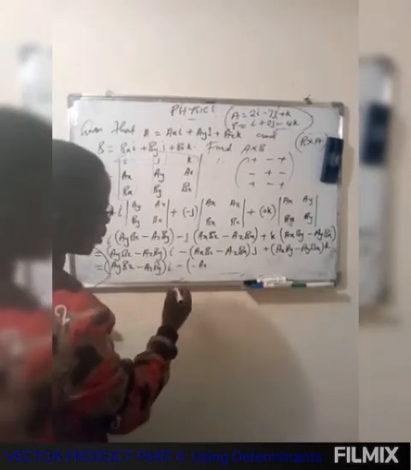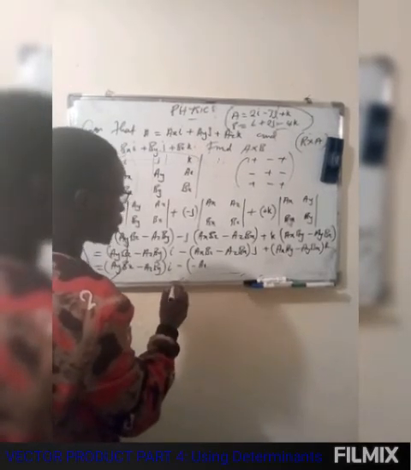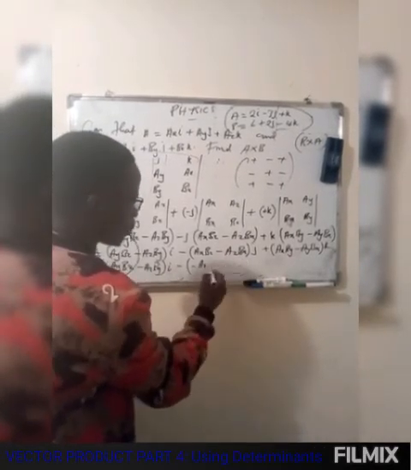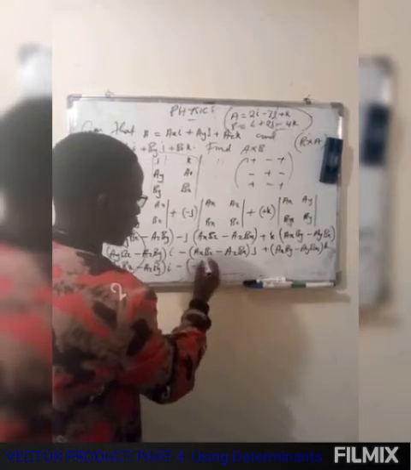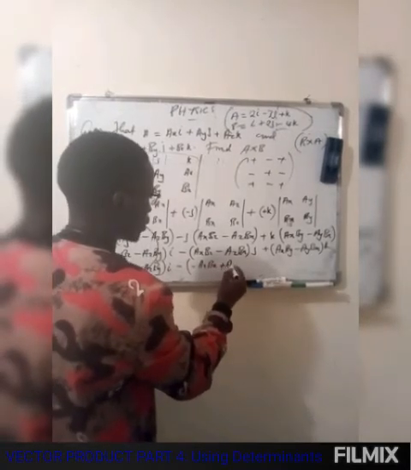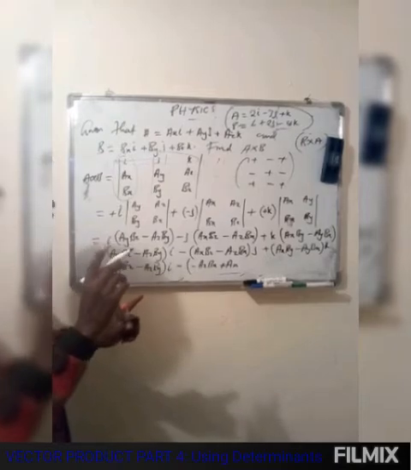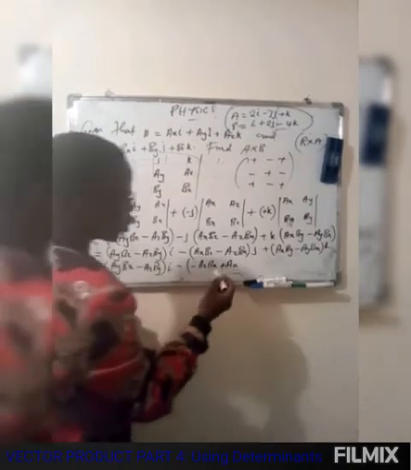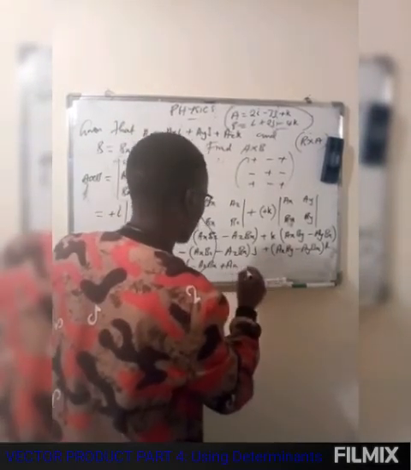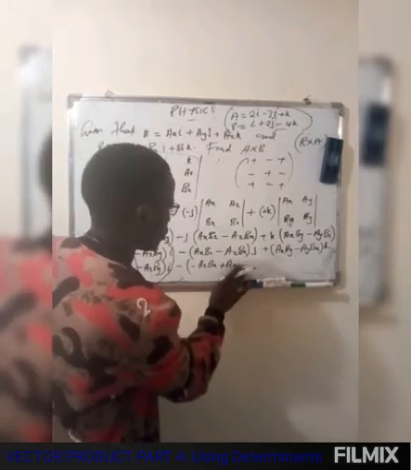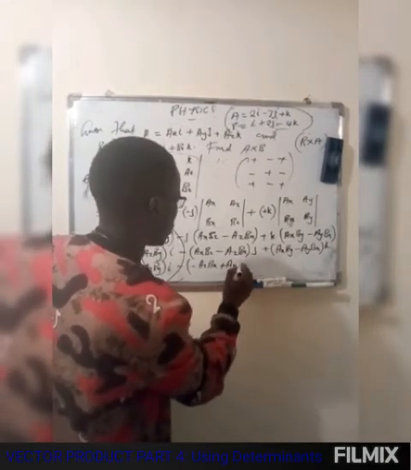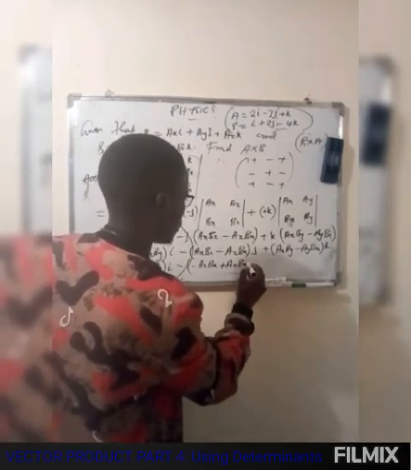So this is going to be AZ BX, and then plus AX, okay? Now, let me just try to do this in one step. So here we're going to have plus AX BZ, right? I mean BZ,